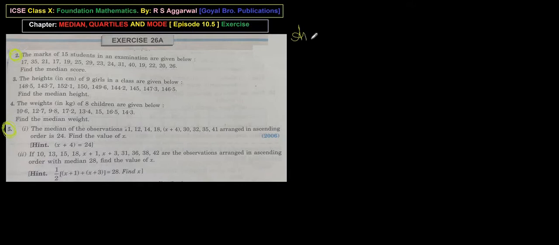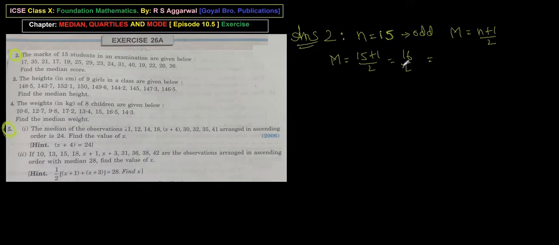So here I will write answer 2. Here marks of 15 students is given in an examination. So you have already known that the number of observations is 15, and 15 is an odd number. Then the median for the odd number is (n plus 1) upon 2. That means m is equal to (15 plus 1) upon 2, is equal to 16 upon 2, is equal to